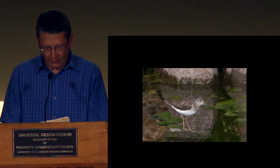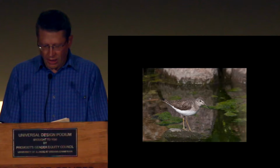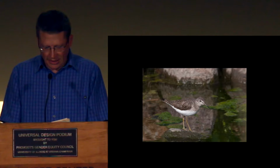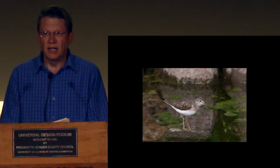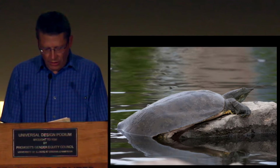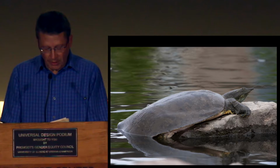What kinds of wildlife do these developments support? Long-distance shorebird migrants, like the solitary sandpiper pictured here, use the Boneyard Creek as a rest stop to catch their breath and feed. This bird was photographed in March on its way from Argentina, where it winters, to northern Canada, where it breeds. The Boneyard Creek and 2nd Street Basin also support some resident wildlife most people would never expect